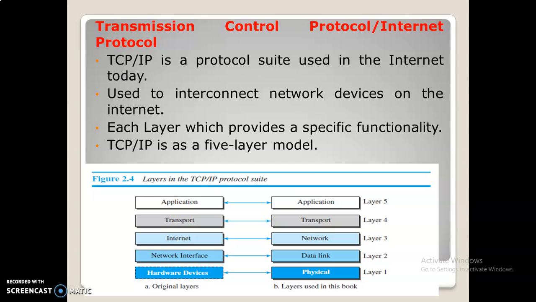It serves a hidden purpose; we can't see where the TCP/IP protocol is. It is used to interconnect network devices on the Internet. Each layer provides a specific functionality. TCP/IP is a 5-layer model. The first layer is the physical layer, the second is the data link layer, then the network layer, the transport layer, and finally the